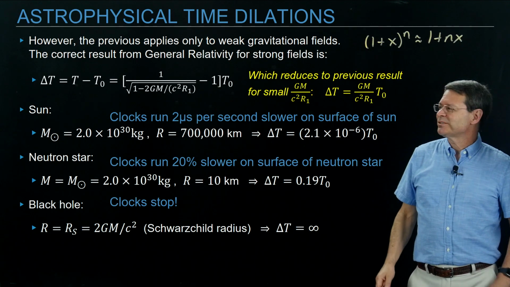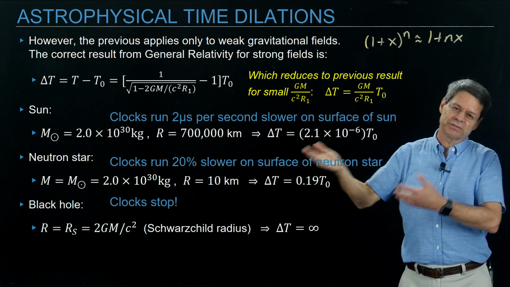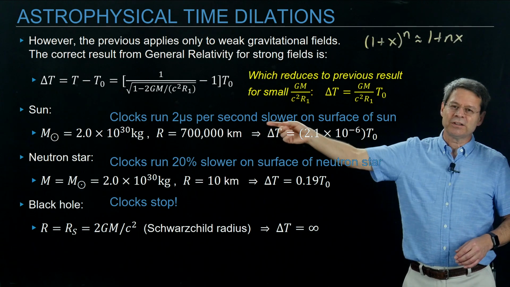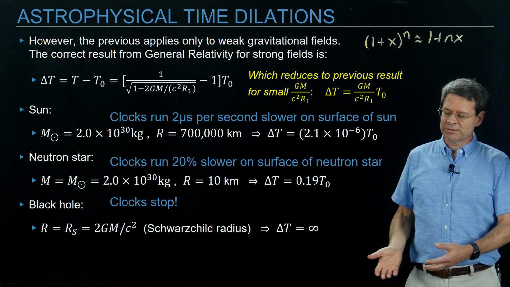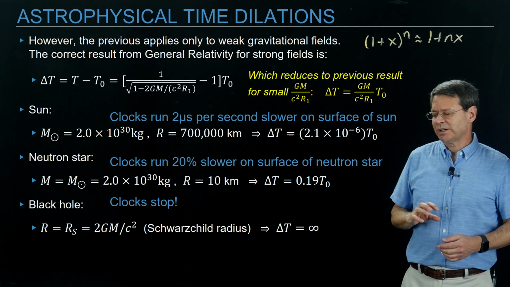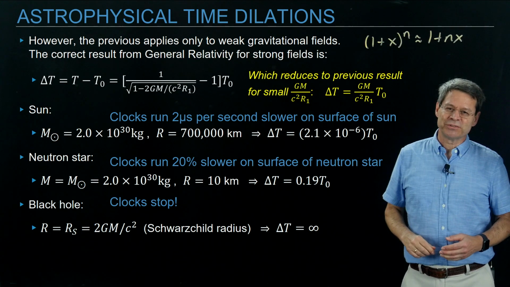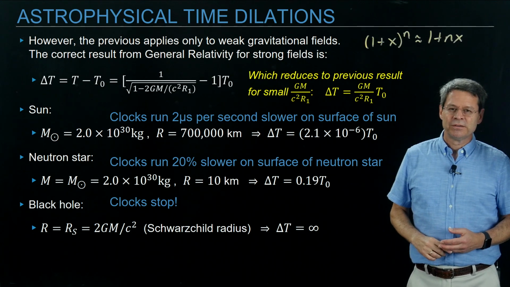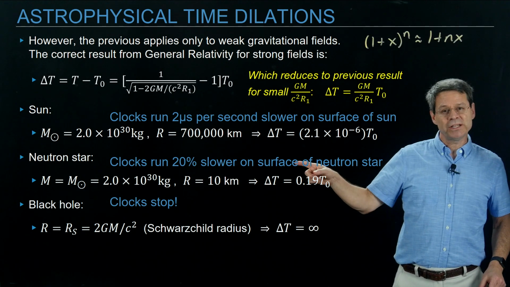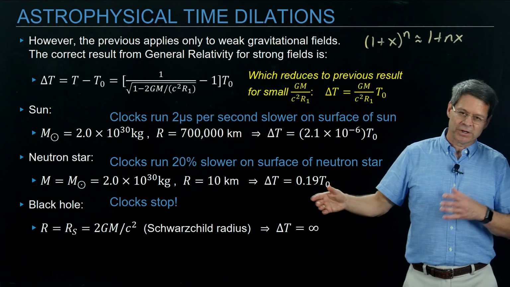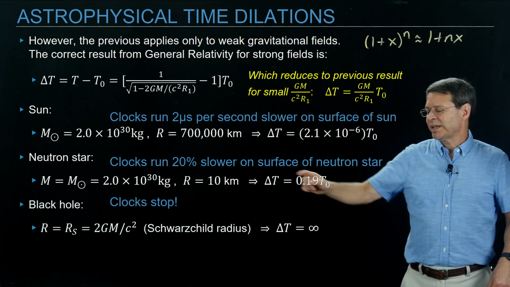So in summary, what I'm saying is for something like our sun, the time dilation effect from the surface of our sun to a distance far away from it is only that the clocks run 2 microseconds per second slower on the surface of our sun than away from it. So putting a clock at the surface of the sun, if you could, you'll see that every second it's about 2 microseconds behind. Right, that's the 2 times 10 to the minus 6. For a neutron star, clocks run about 20% slower than far away from the surface of the neutron star. So a significant effect there. And for a black hole,